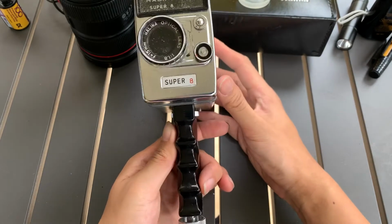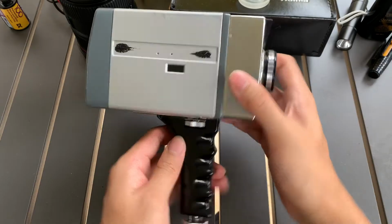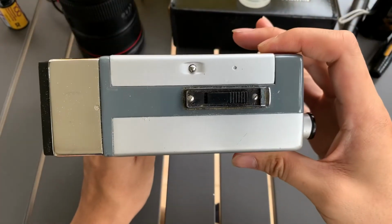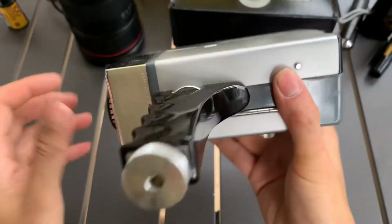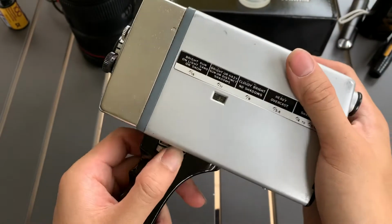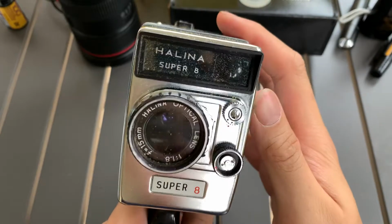Front view. Okay, one side. The other side, the top, the back, and the bottom. Okay, this one can be removed, which I will not do now for now. Then